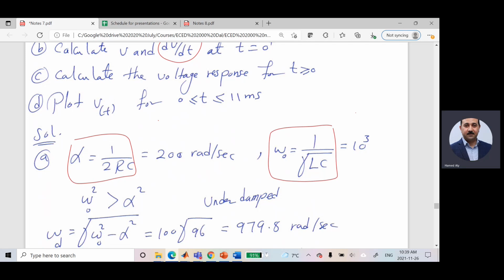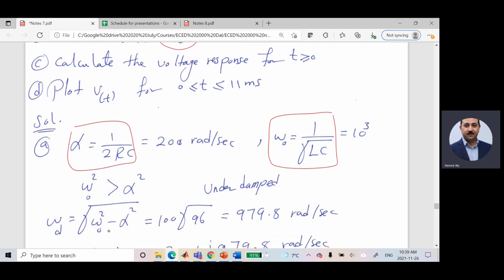If you compare alpha and omega, you will realize that omega squared is greater than alpha squared. So I'm expecting that I have 2 complex conjugate solutions. So I have to calculate omega d, which is equal to the square root of omega O squared minus alpha squared, which is equal to 100 roots 96, or